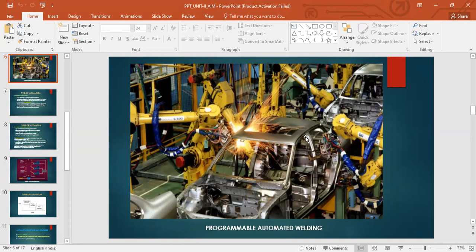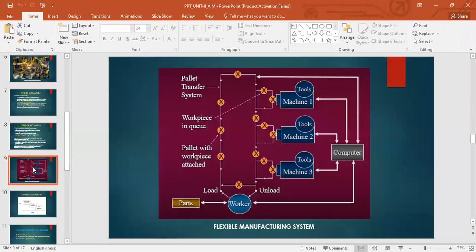The workpiece or the product will come, and if it is a different product, you have to change the program. In FMS you don't have to, because all the programs are fed into that machine, so it will change the program automatically based on the requirement of the workpiece.